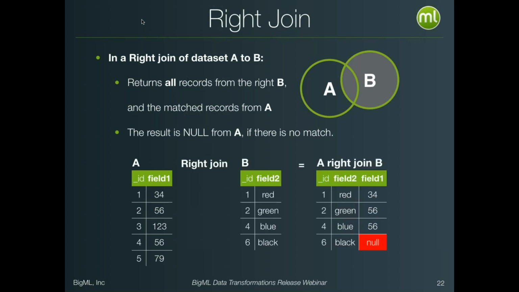Okay, so we have the same setup, A right join B. And now we're going to get a copy of B. So we have the rows 1, 2, 4, 6. And everywhere there's a row that matches an A, we fill in the field 1 information. And where there isn't, we fill in a null. So in the A, there's no 6. And 3, we never used it, right? Because B didn't have a 3, so we just ignored it. And when we got to ID 6 in B there was nothing in A, so we end up with a